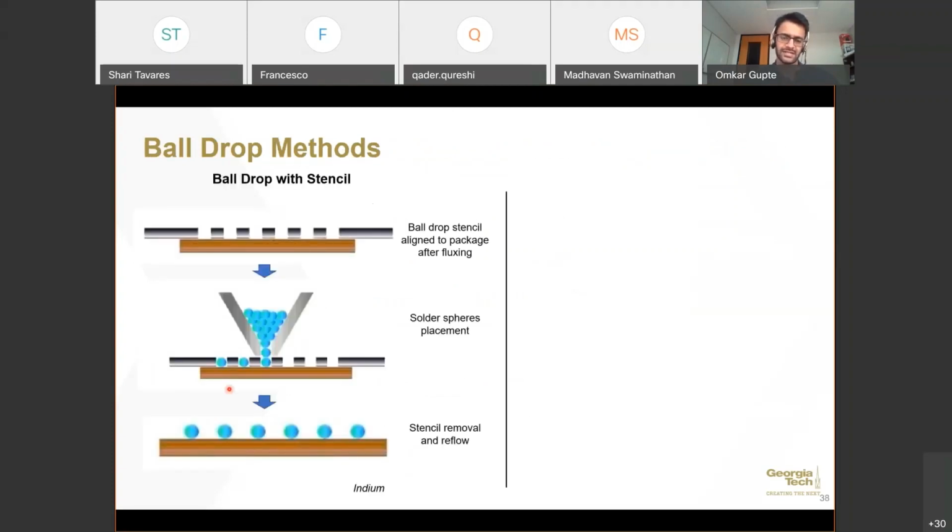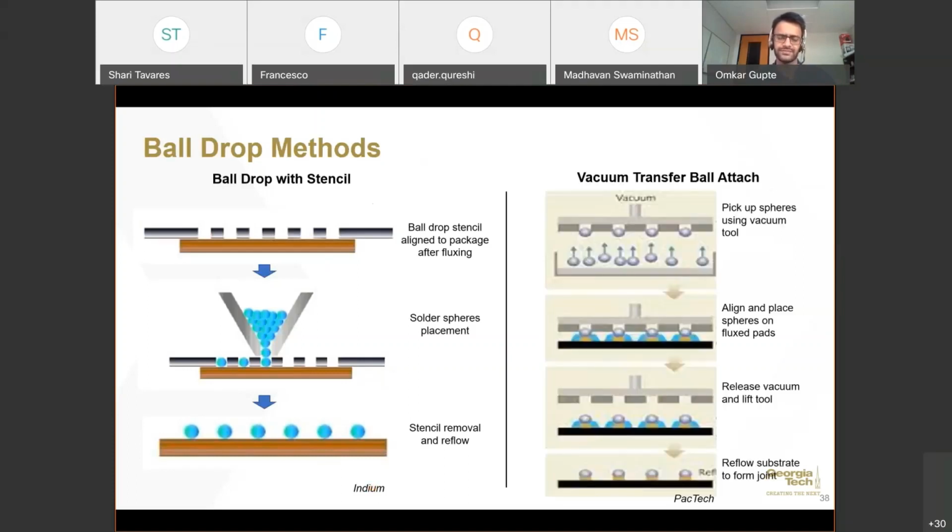So, different methods for ball drop. First is ball drop using stencil, as I just said. We print some tacky flux on the substrate, align this ball drop stencil to the pads, and then do the ball drop, dropping one ball at a time, and then reflow to form the joints. Next is what is called vacuum transfer ball attach, where there is a vacuum tool